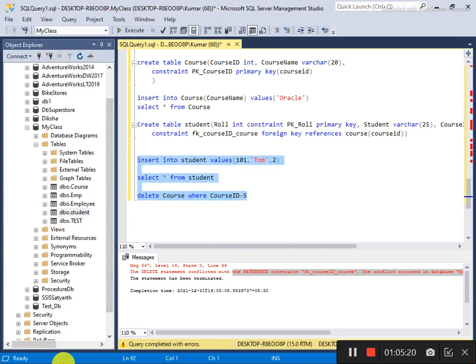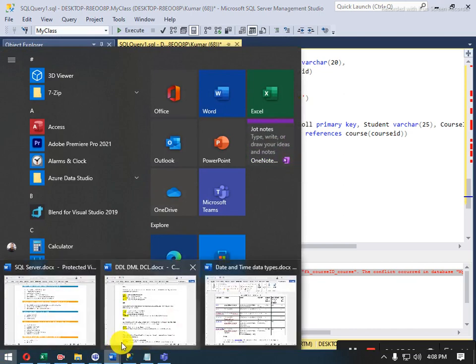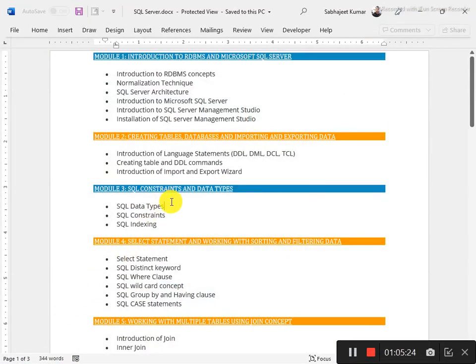One thing here, I think I'm missing something. Oh sorry, data type. I forgot it. I should go for the data type firstly. No issue.